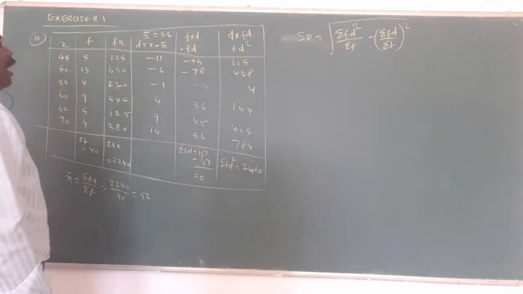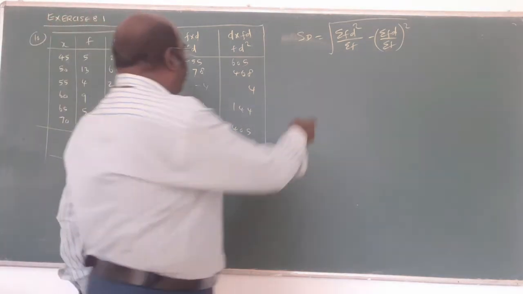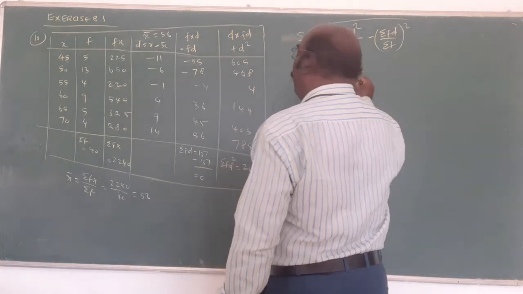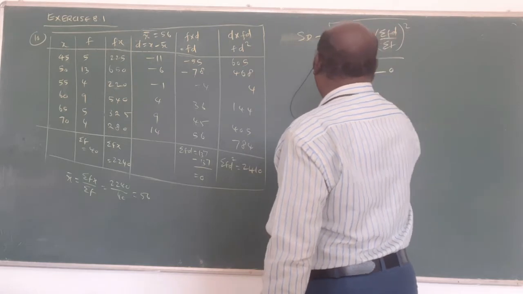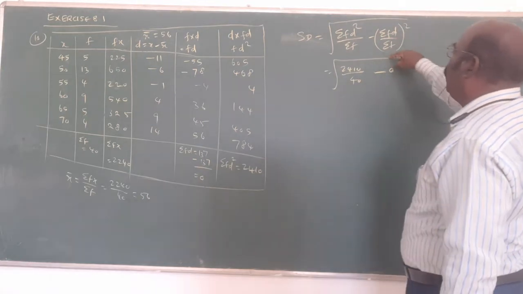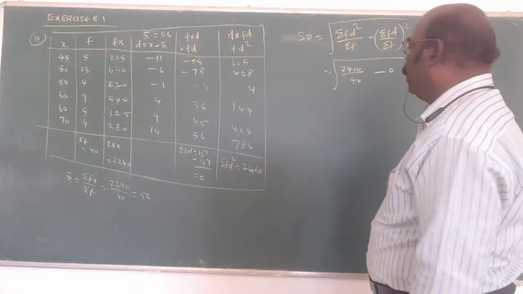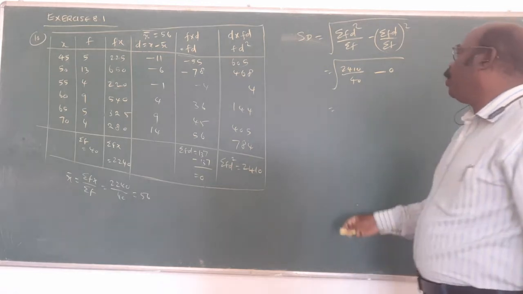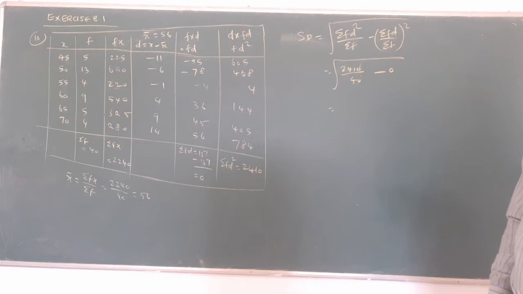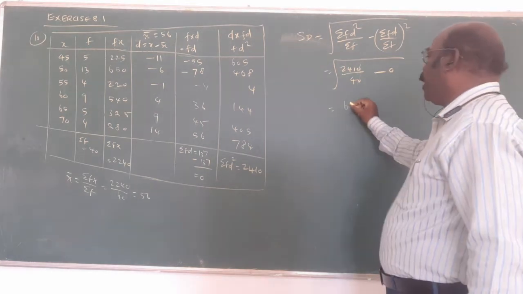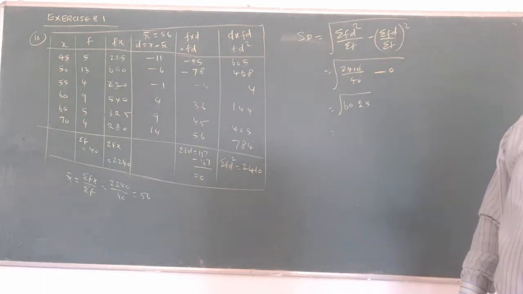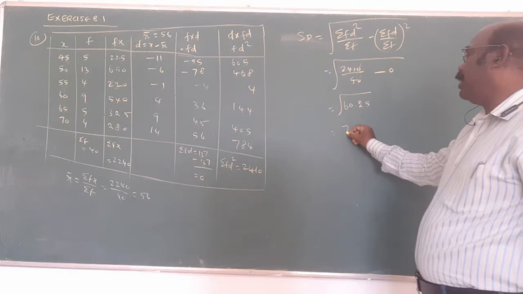The answer is 2410. Now write the formula for standard deviation. Sigma fd square is 2410 by 40. Okay? The sigma fd is what? 0. That's why, being 0, its square is also 0. Directly 0. Now divide 2410 by 40. 0 cancels. 241 by 4, you get the answer 60.25. Now the square root of this one, refer to the calculation, 7.76 is the answer.